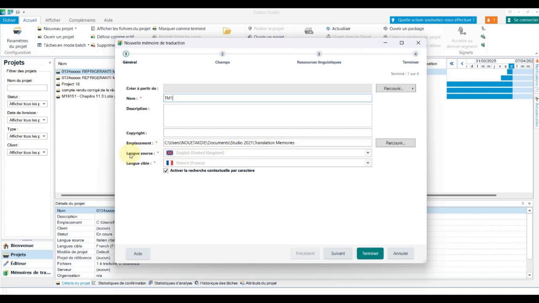Now, they will now reprecise to you langue source, that is source language. Do you confirm that you selected English United Kingdom? Yes, that's what we selected. We leave it. Langue cible, that is the target language. Do you confirm that it's French France? Yes, we leave it. Once you confirm that everything is okay, you need to click